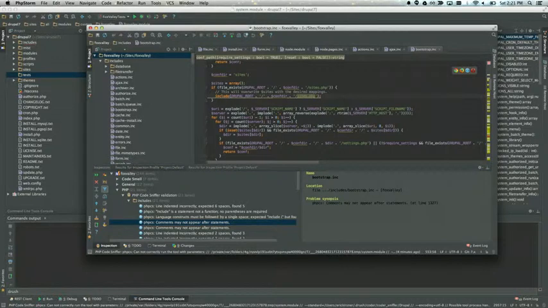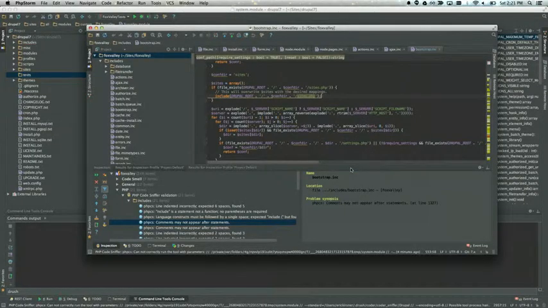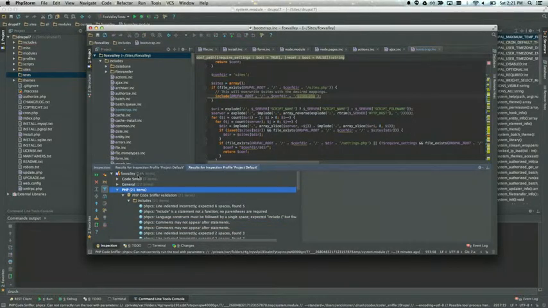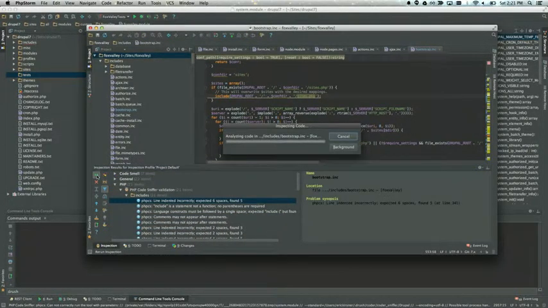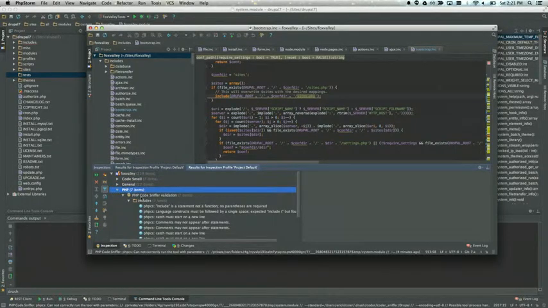So one thing that would help with this a lot is if I did the reorganize code, it will reorganize it against Drupal standards. So I'm going to hit Command-Alt-L. It says reformat. I'm going to say yes, reformat it. And now I'm going to run this and see if that makes any changes. I think that says 21 items. If I rerun it, now it went down to 7 items. So that always helps. I like to run that first. So that's where the coding standards could help, and then Code Sniffer could help even further by providing this information.